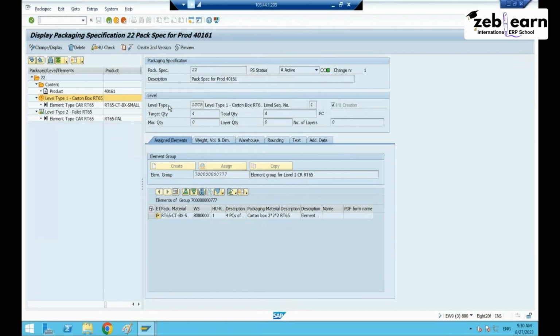So how can we change a pack spec? Packaging specification can be changed only by creating a second version. That means, while I am changing one packaging specification, if some inbound delivery